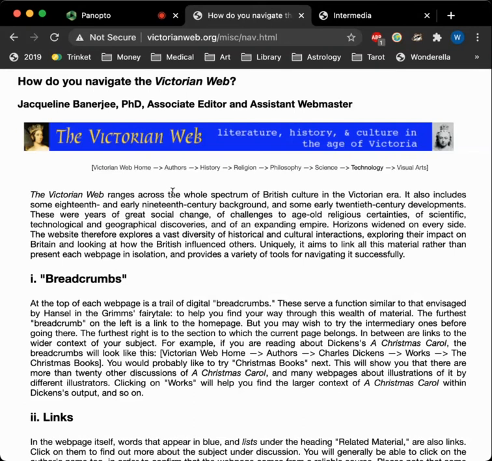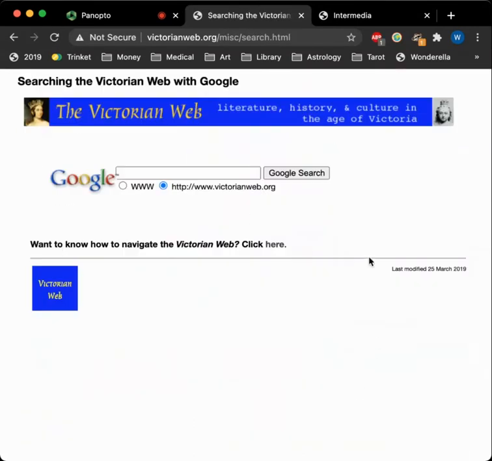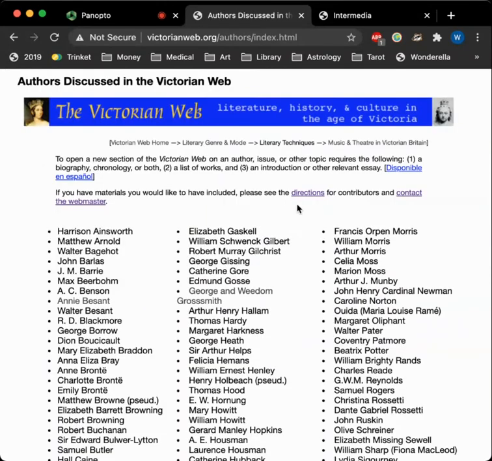The search bar, as I said before, is just a basic Google search plugin without any advanced searching options. I mean, it works fine, but it's clearly not the primary way that users are intended to explore the library. They are meant to explore by clicking through the web of linked pages. So at the top of each page, here, if we can go to authors, I'll show you what I mean.